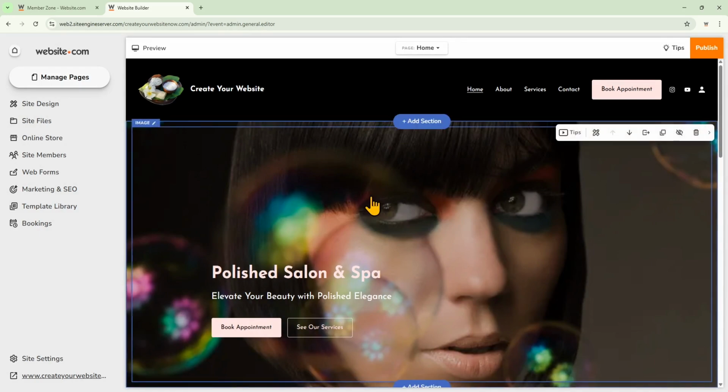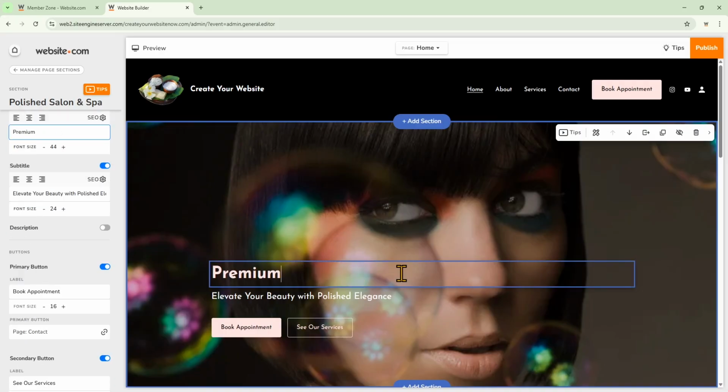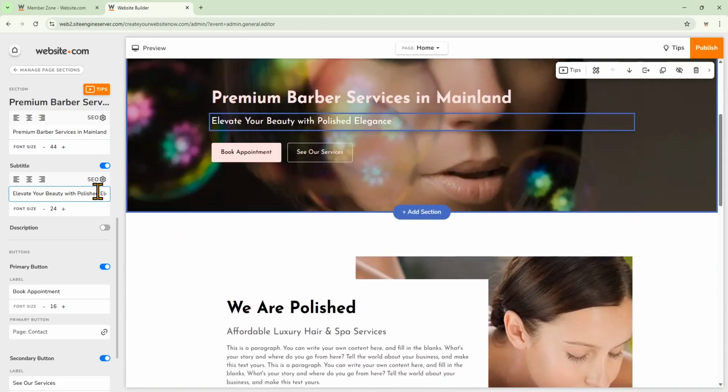So we'll click on the main header section, that's right here, and let's go ahead and replace the text with something like Premium Barber Services in your city. So if you want to type to edit on the website builder, you can click right on the text, or you can find that field on the left and edit here. So for example, if we want to edit the subtitle, I'll click on the left here, and let's add a short value statement like walk-ins welcome, professional cuts and beard trims.